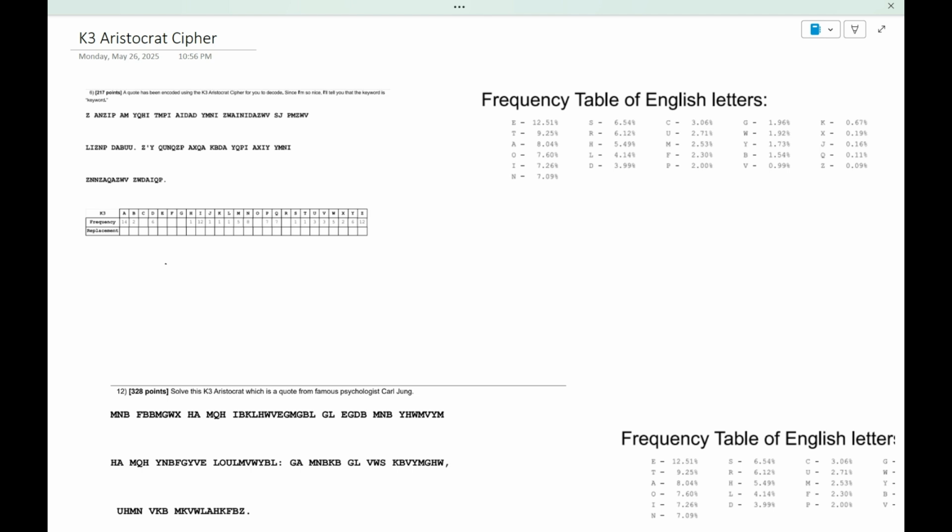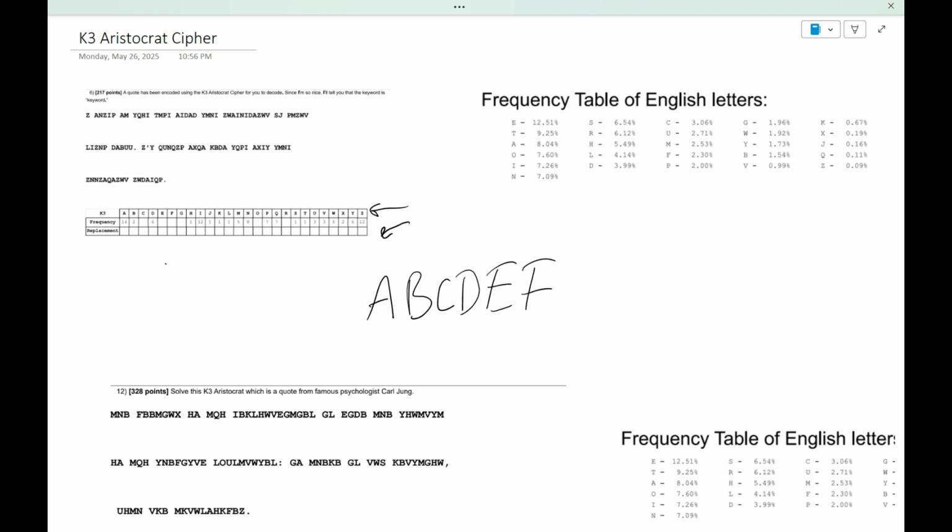And often I find the best way to solve for a K3 cipher is just to handle it like a normal cipher. Because, if you look at it, there's going to be a keyword in the replacement text as well as a keyword in the plaintext, and that just gets more time consuming to handle rather than just brute forcing the cipher. But nonetheless, what's going to happen is, let's say I have the alphabet A B C